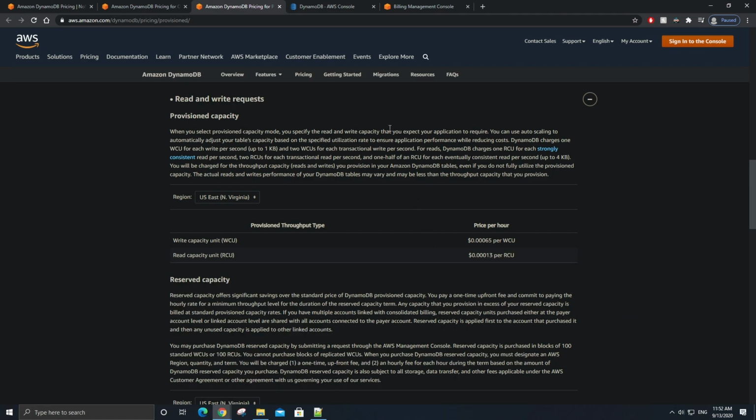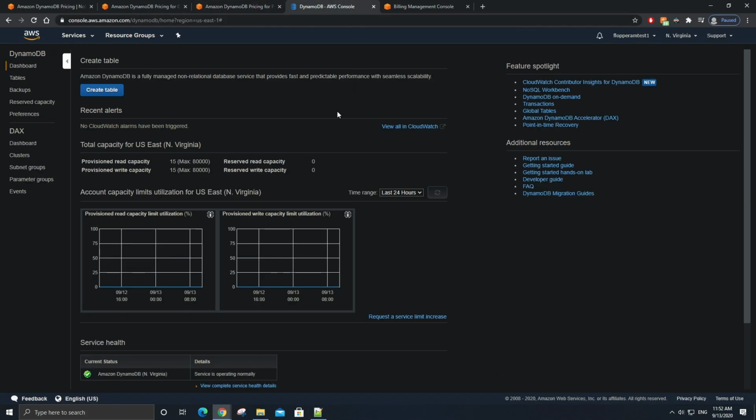Really quickly, I just want to go to the DynamoDB Dashboard to better visualize what we mean when we talk about provisioned capacity. Straight off the bat, it tells you in the left side middle of the screen how many read capacity units and write capacity units you have provisioned across all tables in the region currently. In this tutorial, we made 3 tables in this region, each with a default minimum provisioned capacity of 5 read capacity units and 5 write capacity units, totaling 15 read capacity units and 15 write capacity units across all 3 tables,